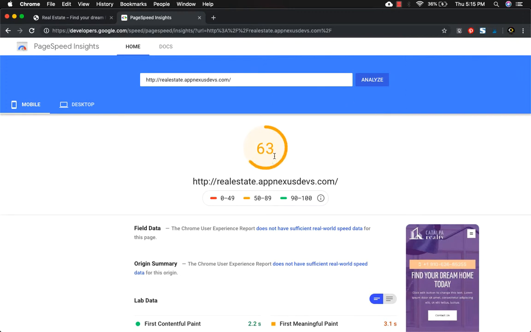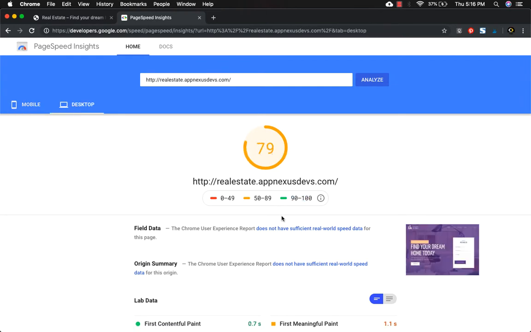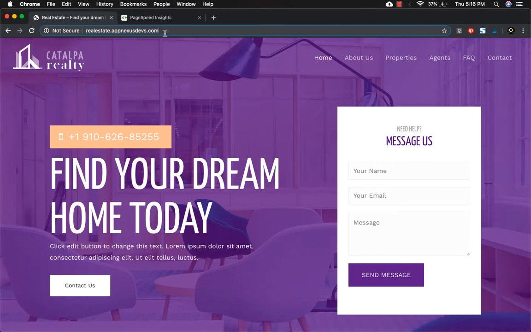As you can see, the score is 63, which is much below the expected range for good website, which is 90 to 100, and for desktop it is 79, still very much below. It should be at least 90 or above. Okay, so just go to